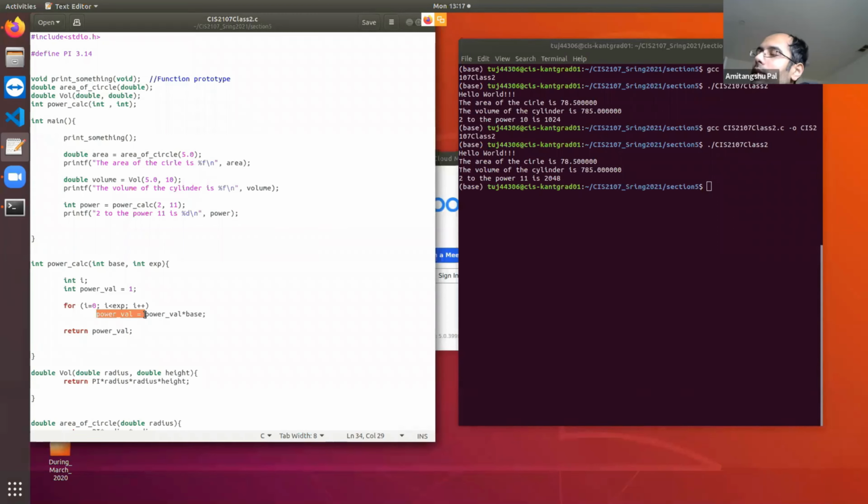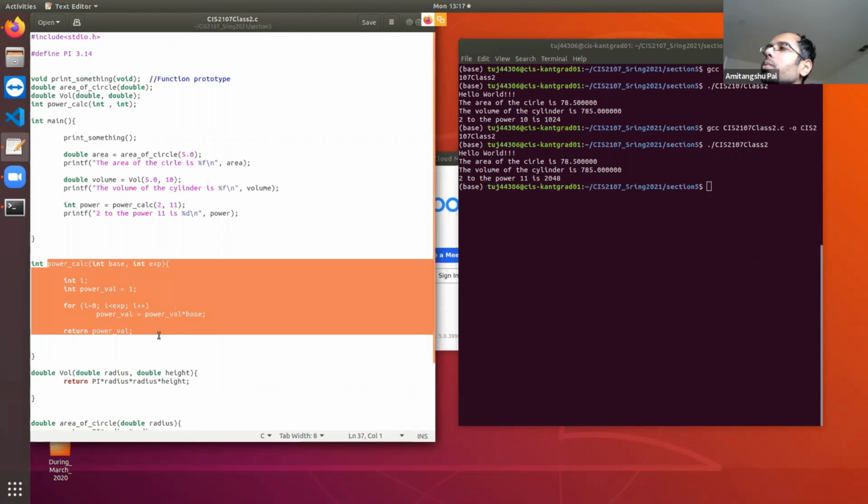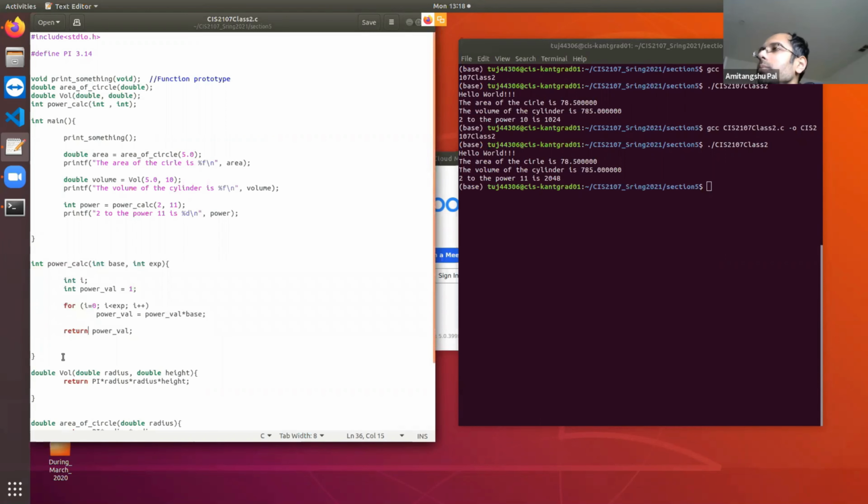The C compiler has its own power function inside the math library. It is called pow. But here I have written my own power function without using any of the existing functions. Because whenever we say that C has its own power function, that means that power function is written somewhere inside the compiler that we are invoking, right? But using the same concept, you can write your own power function in your own way. Clear? So here are some simple examples of function that I have shown you.